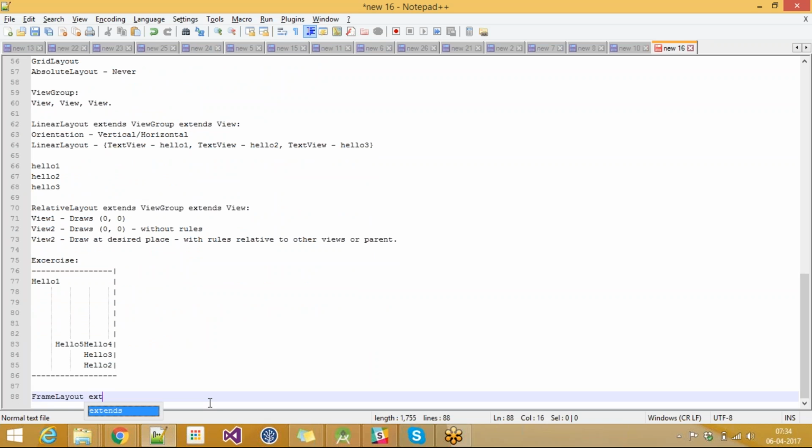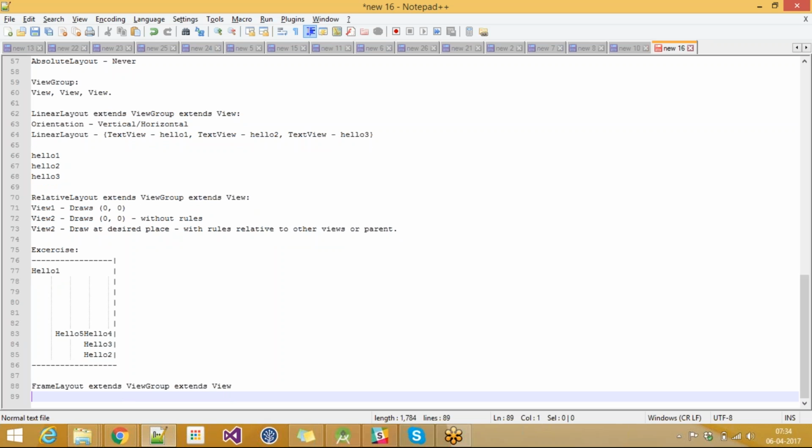So frame layout, like any other layout, is a view group, and as always, the view group is also a view. So it's a component which the user will be able to see. You can place multiple views inside a frame layout. Again, this is a view group. And the main difference between other layouts and frame layout is